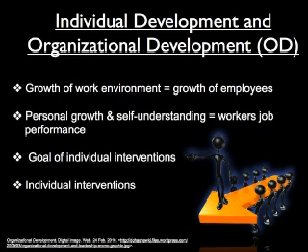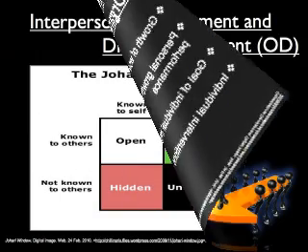Personal growth and self-understanding improves a worker's job performance. The goal of individual interventions is insight, which brings forth an understanding of individual values, characteristics, and ways of behaving. Individual interventions often address personal information and can force employees to view aspects of their personalities or behavior that are not favorable. Throughout this section, we will be looking at 5 major areas of individual intervention, those being interpersonal interaction and disclosure, personal styles, outdoor experiential learning, stress management and health promotion, and career and life development.